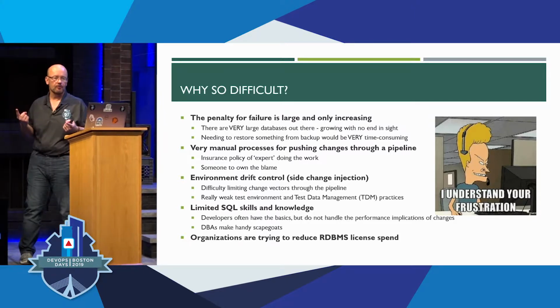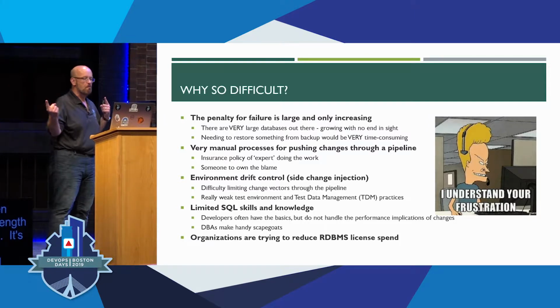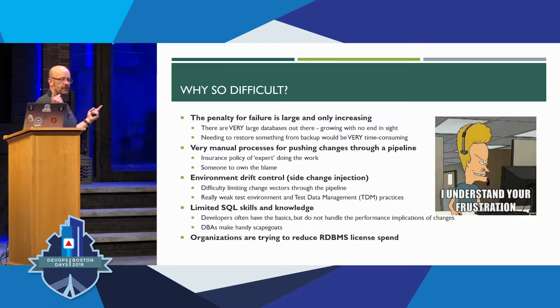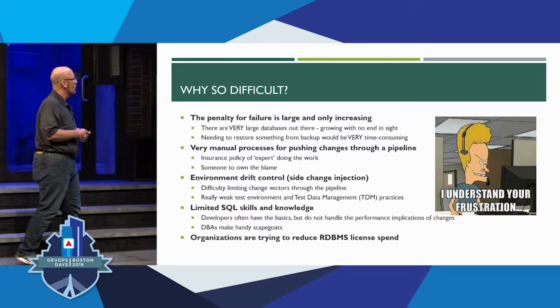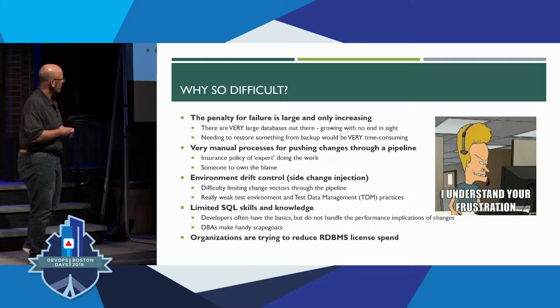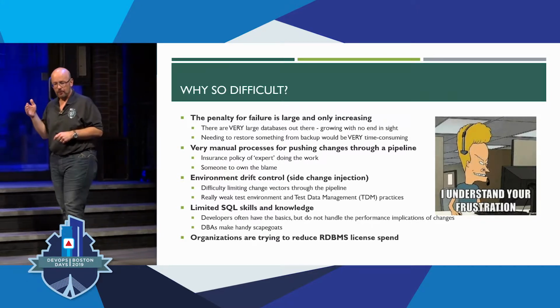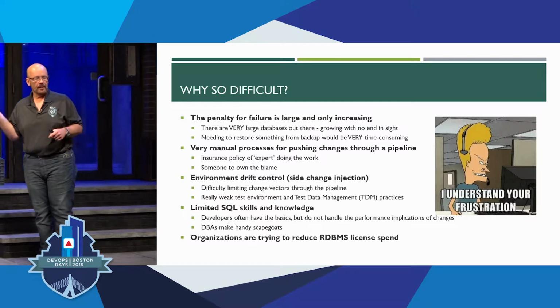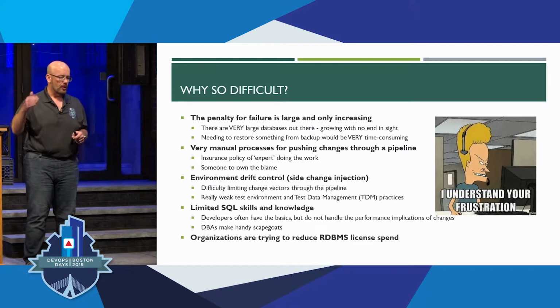They may be able to write the change, but will it be performant? Will it kill the database with some sort of an incredibly long operation? You need some way of catching that stuff, right? And on top of that, part of the reason we have that proliferation is, hey, it's a cost center, right? It's IT ops. So how do we drive that down?